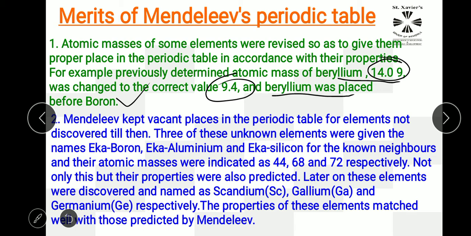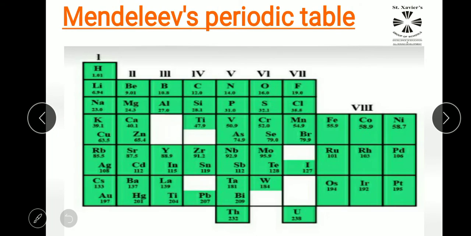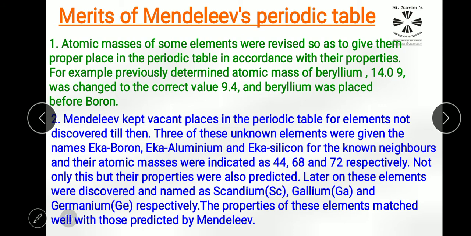So this was the one merit of Mendeleev's periodic table. He arranged the elements as per the proper atomic mass. He gave the proper atomic mass, students. Now later on, Mendeleev kept vacant places also. As we saw, students, when you see here, vacant places are there whenever he did not get atoms matching with the same group property. He kept the places empty only. He did not make any changes. And later on, he said that